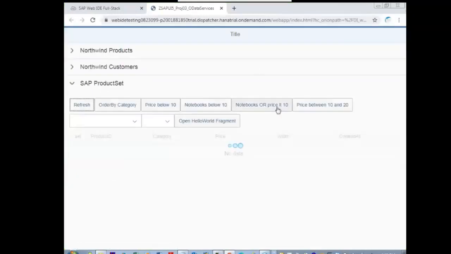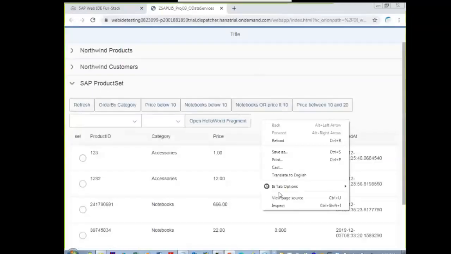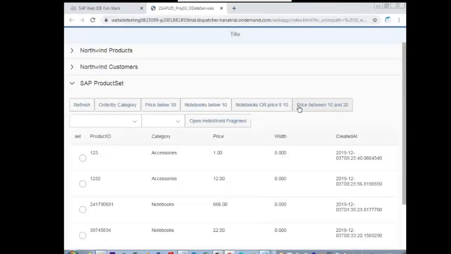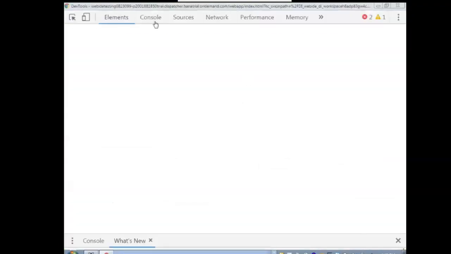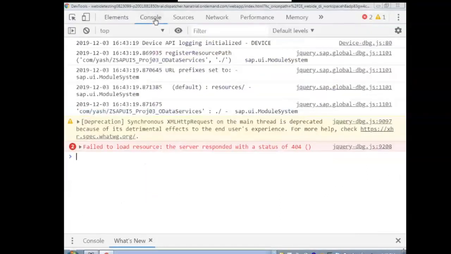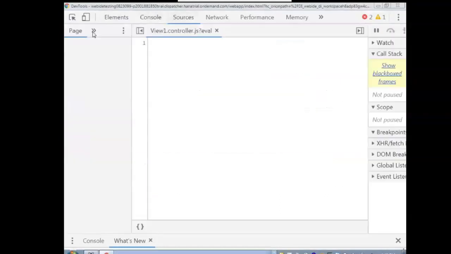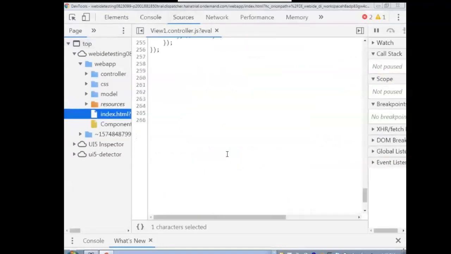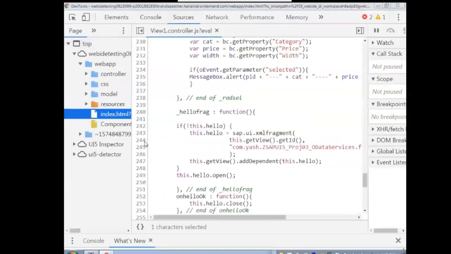So let me close this and again I'll open this. Now I'll put the breakpoint because that object is created in the browser. Now I need to close it just for you to see the proof that it is going into the if loop. Second time it won't go into the if loop. So first time I did not click on the button. A fragment object does not exist in the browser's memory.